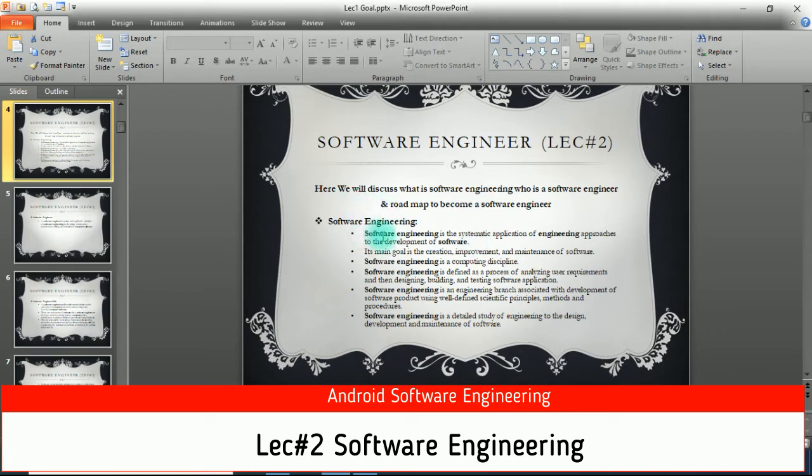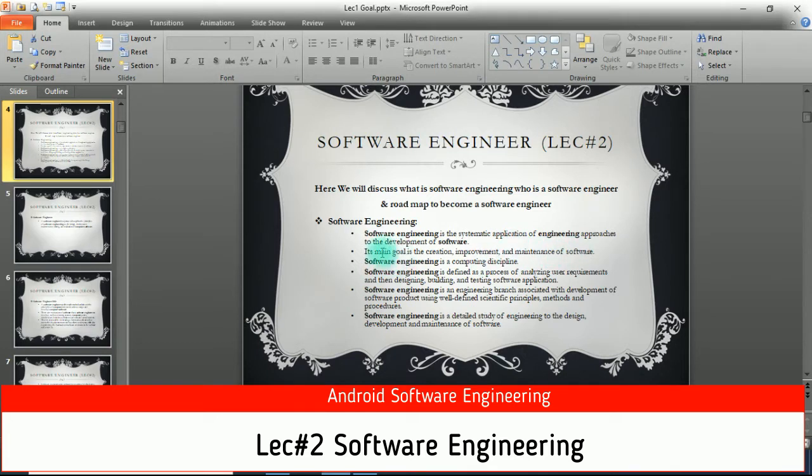You can notice this: software engineering is a systematic application of engineering approaches to the development of software, which means software engineering defines some principles to create software, and its main goal is the creation, improvement and maintenance of the software.